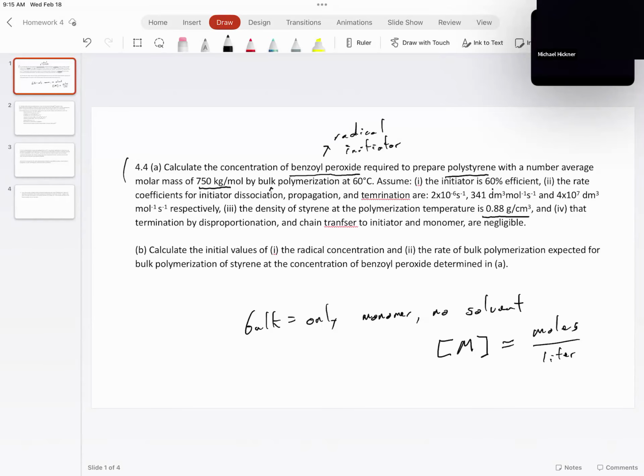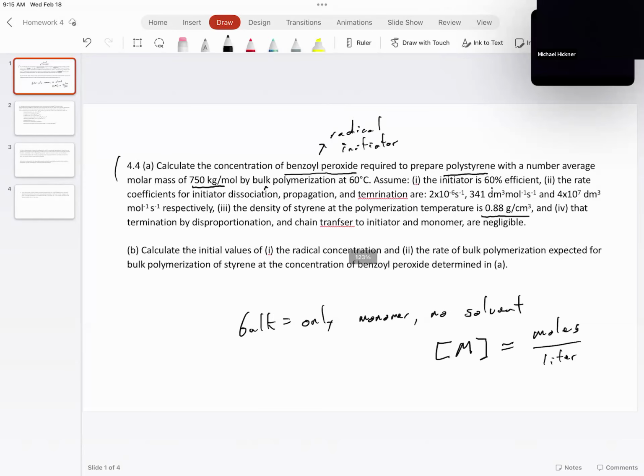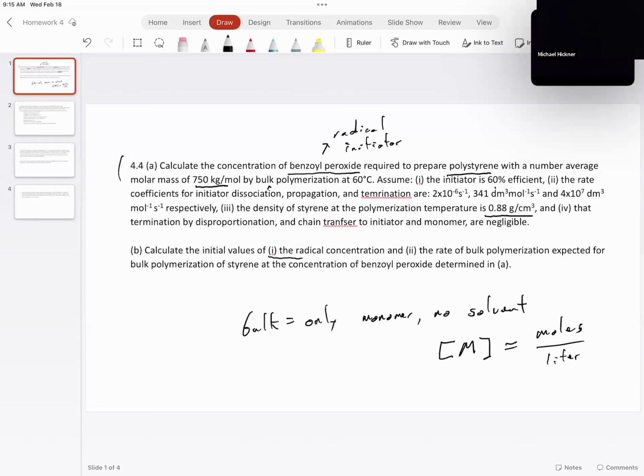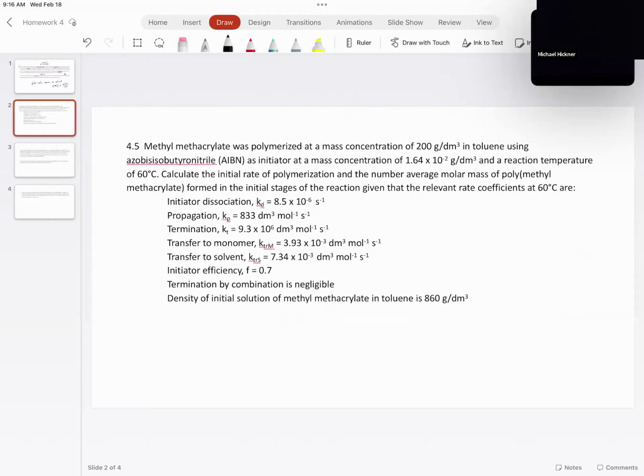Notice, nothing is going on in terms of chain transfer. So you should know what the radical concentration is in the second part of the problem. Remember, that's M dot, and we have an expression for that in the notes. The rate of bulk polymerization, remember, is Rp. This problem is pretty straightforward. There's no chain transfer, so you should be able to use the tools that you know already to solve it. Now, we contrast this when we go to